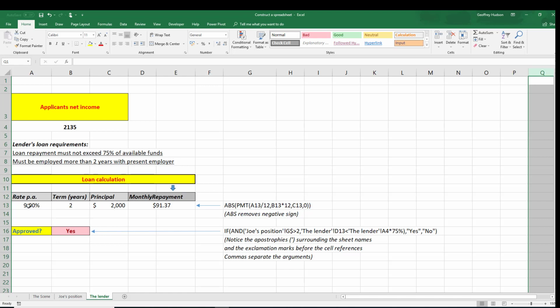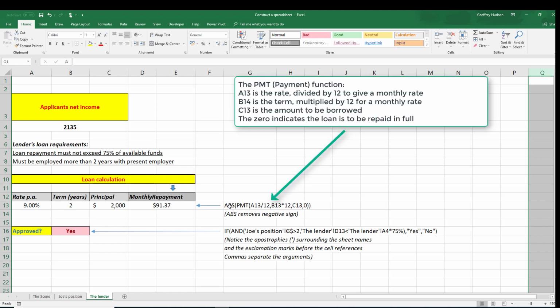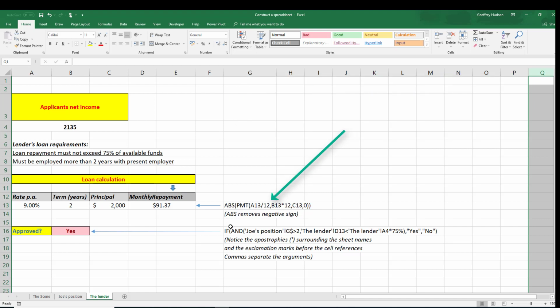So the lender sets out a payment function thus, and again it's worthwhile pausing the video and studying the way that the calculation has been made using the payments function and nesting that within an absolute function which purely removes the negative sign. Then the lender has an if statement, and this you need to study to see how it works, because